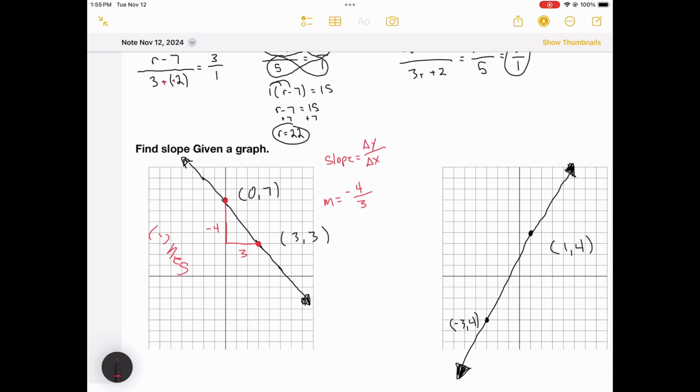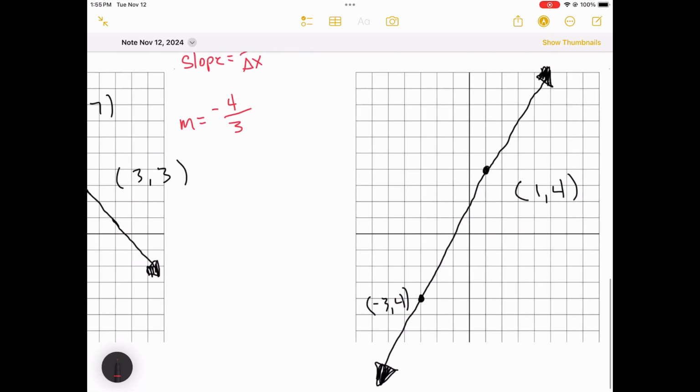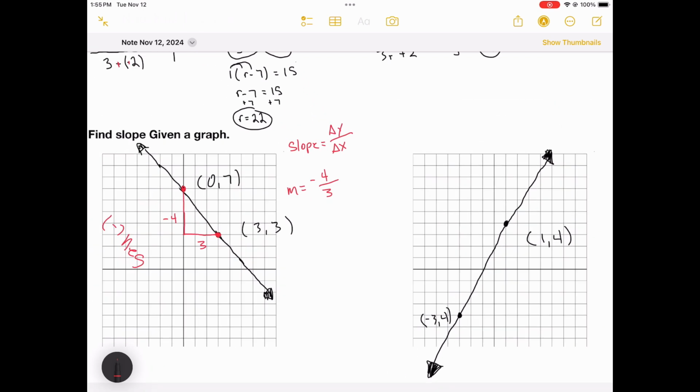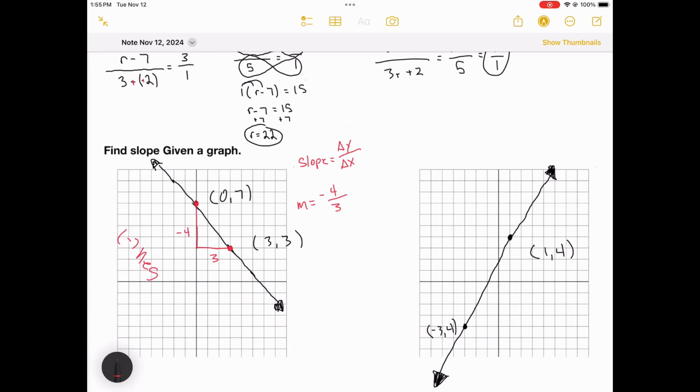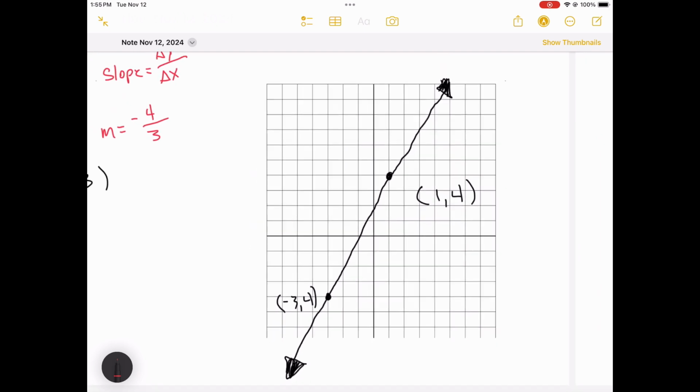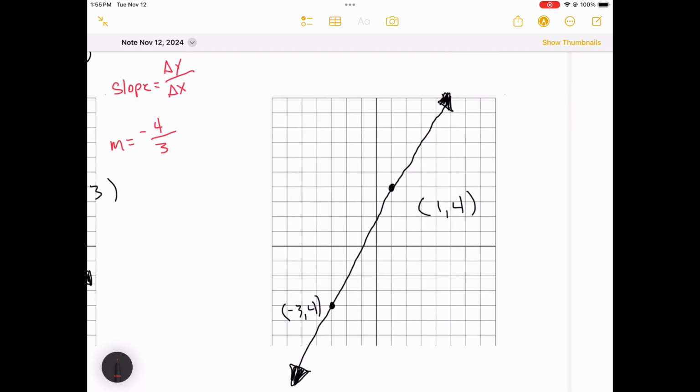All right, next one again, you can take your time, put your coordinates on here. I have my 2 points: negative 3, 4, and my other coordinate 1, 4, and that's right here. And what it wants me to do is find the slope given this. So I'm going to say, hey, 1, 2, 3, 4, 5, 6, 7, 8. I went up 8. I went over 1, 2, 3, 4. So my slope is going to be 8 over 4,